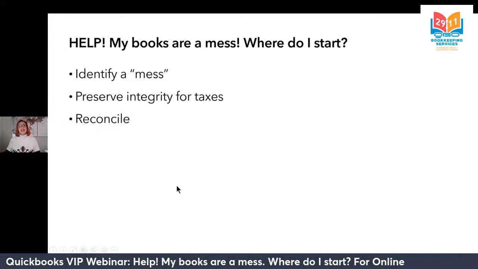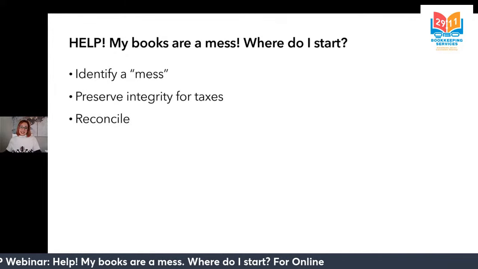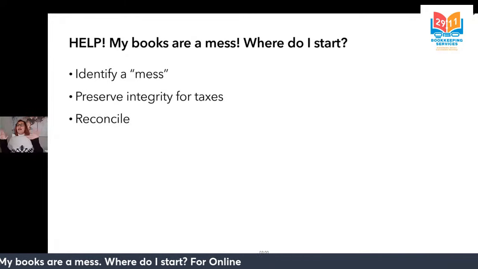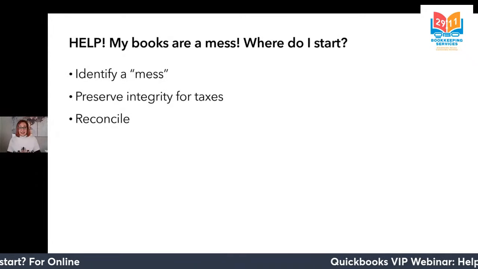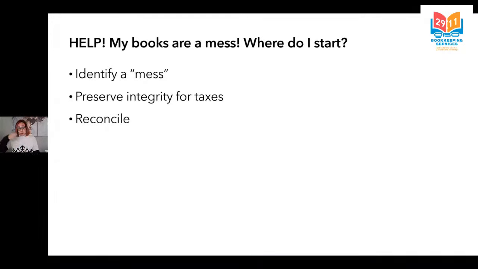Now, we are also going to learn about the importance of reconciliation. Everything in QuickBooks starts and ends with reconciliation. Reconciliation is the process of confirming that what you've entered into QuickBooks and what's in the real world is the same. In fact, reconciliation is the only way to check to see that what you're entering in QuickBooks is at least half correct.